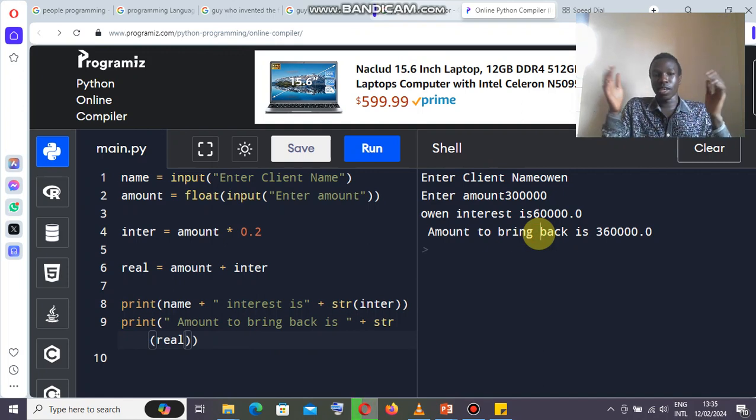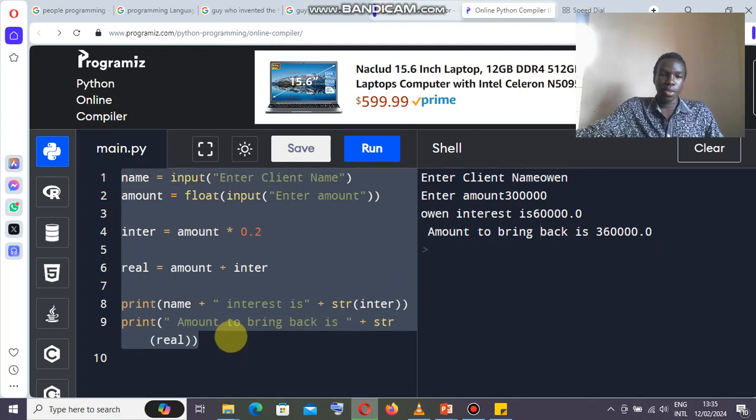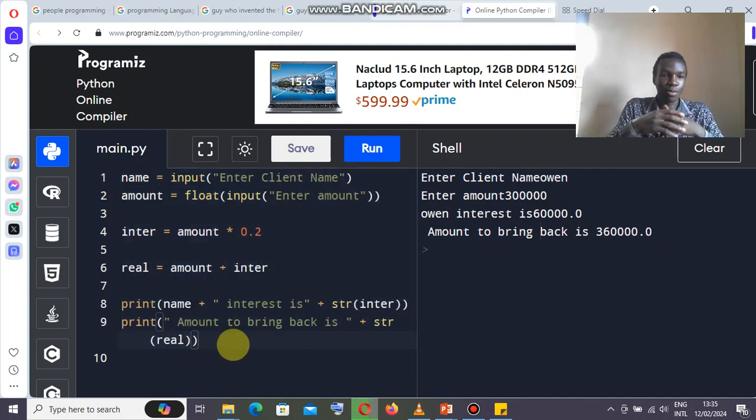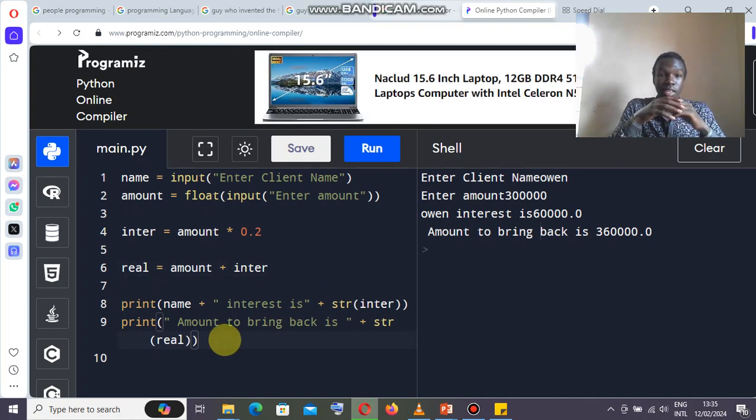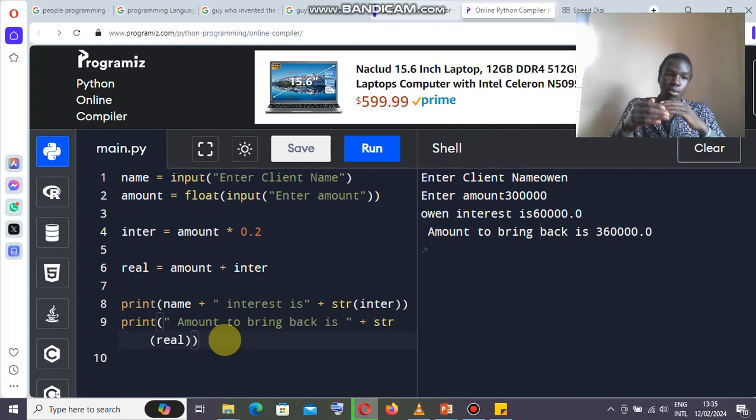So this is programming to you. This is how to write a program, and you can copy this source code and show off to your friends. Just make sure you install Python or use a Python IDE online. I've kept all those errors in so that you can see that in programming, you keep on getting errors, you keep on fixing errors, you keep on doing it. That is programming to you.